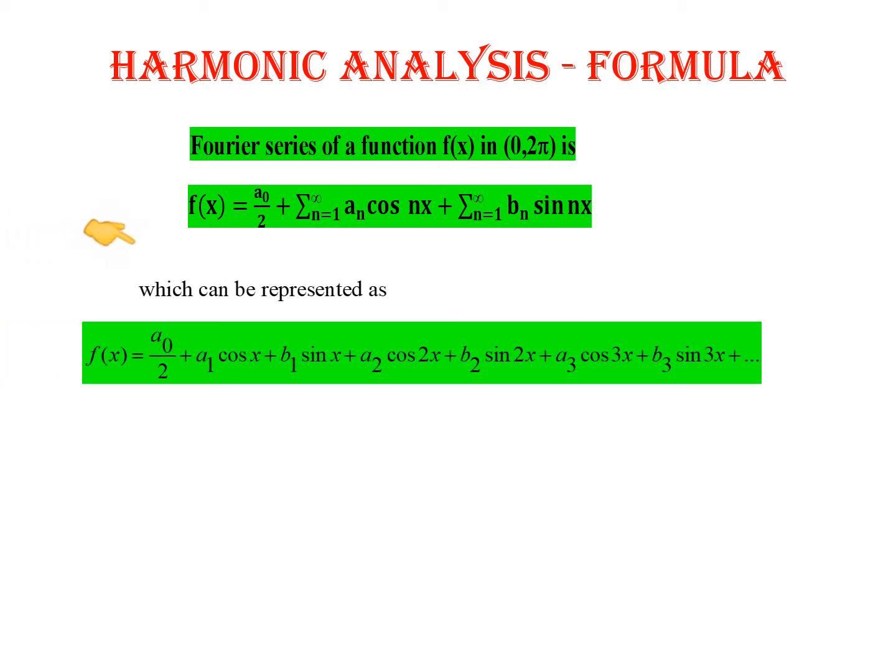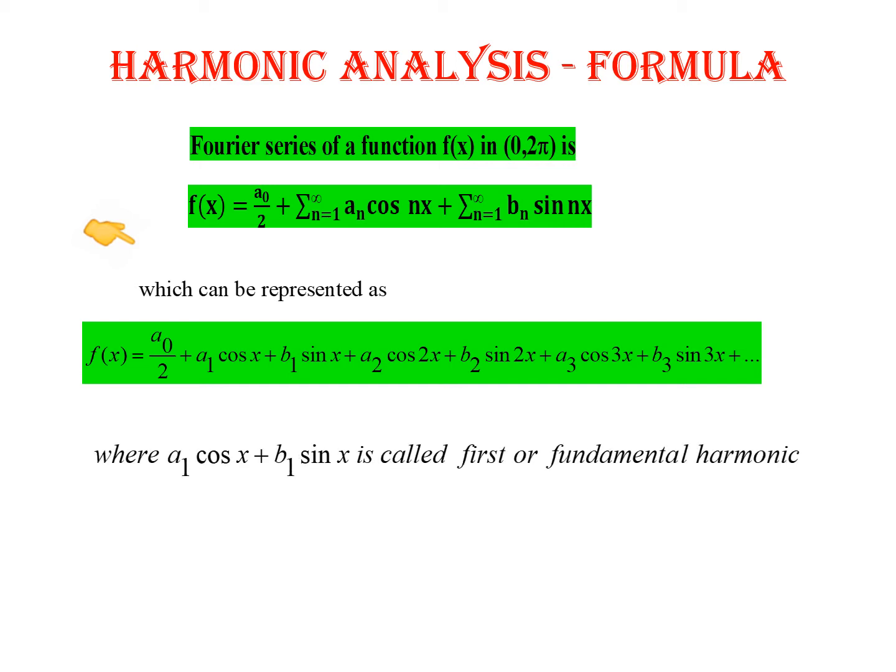So when you put n equal to 1 in the first term, we have a1 cos x plus b1 sin x, plus next move on to n equal to 2. When you put n equal to 2 in that Fourier series term, we get a2 cos 2x plus b2 sin 2x. Plus similarly, when we put n equal to 3, we get a3 cos 3x plus b3 sin 3x. So like this, we have to split term by term, component by component.